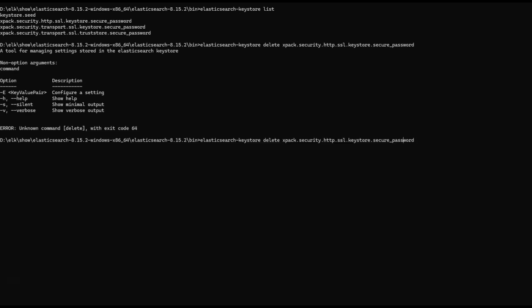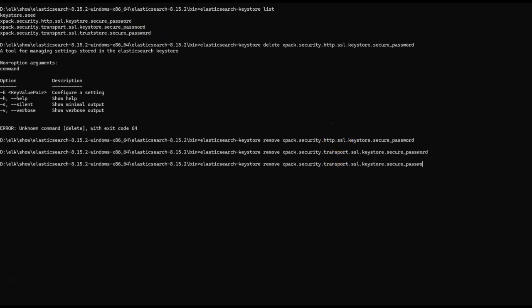No, I think the command is remove instead of delete. Similarly, we'll be removing the other configurations or properties. So remove this property. And finally, we'll be removing the third property.